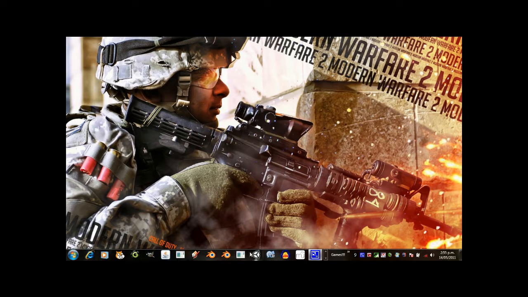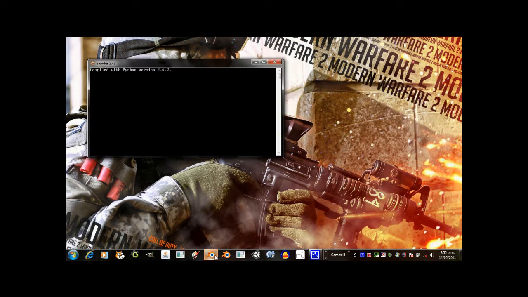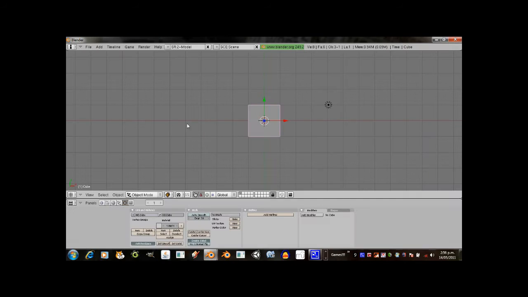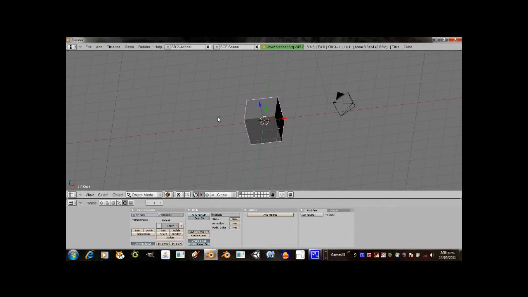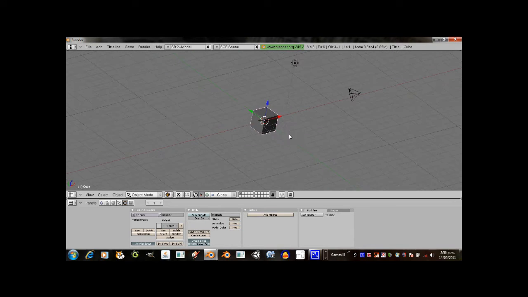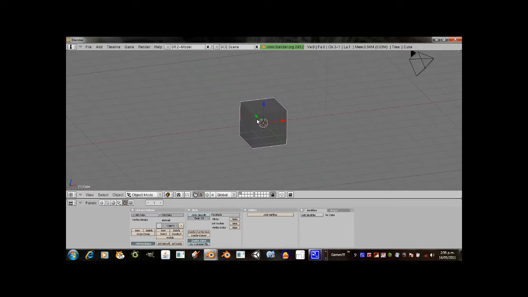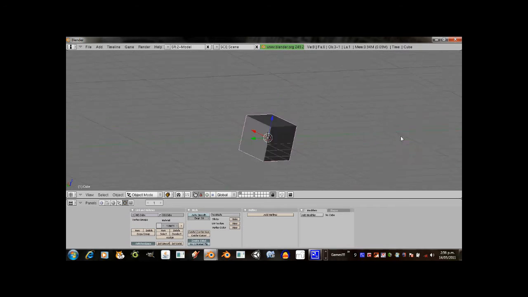G'day, this is my first tutorial and I'm going to teach you just the basic interface of Blender 2.49, because I don't know 2.57 yet, so I'm just going to teach you some basic buttons. Well, to move the screen around like this, you just hold down the middle button,